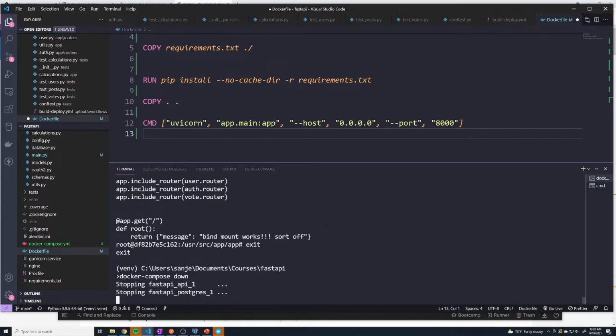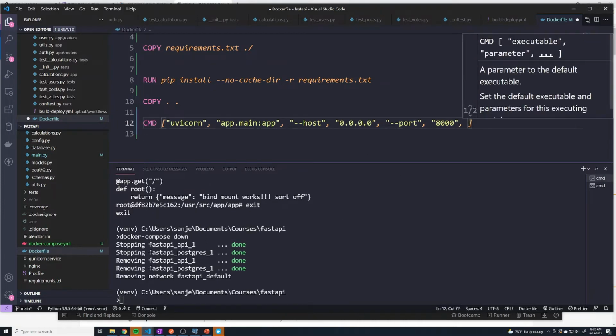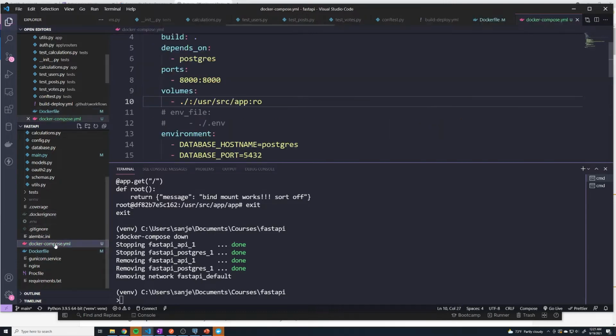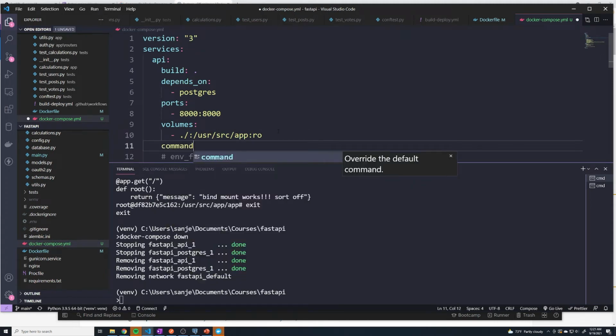So let's tear everything down. And we have a couple of options. So I can go here and say --reload, and that would work just fine. But instead of doing that, what I would rather do is, I like this default one because this is the one you would technically use in production because you don't want --reload in production. But in our Docker compose file, we can actually overwrite it. So we can provide another flag called command. And here we can provide a command to overwrite that from the Dockerfile. So I'll say